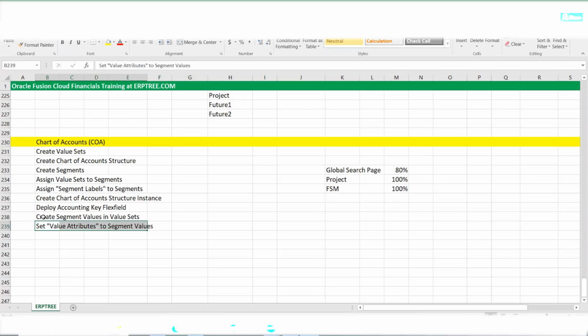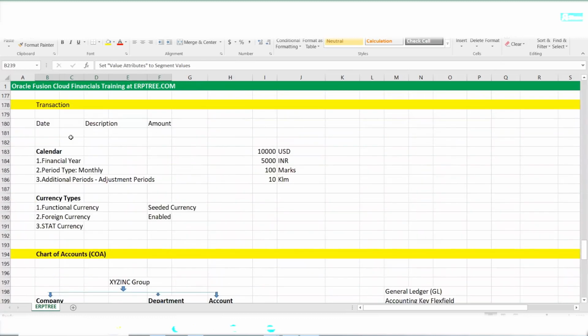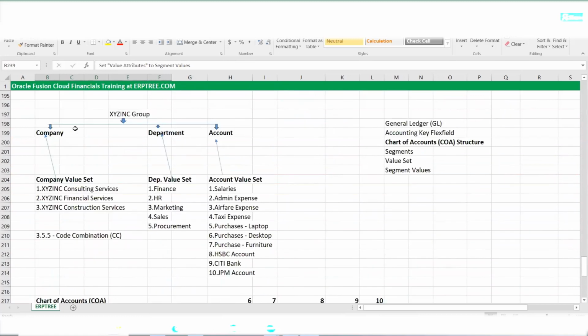When you create the values in the value sets, we have to set certain behavior in the system for these values that we enter. It means, say, these are the companies. How should this company one behave in the system, what is possible, what is not possible with this company, what about 2, what about 3,